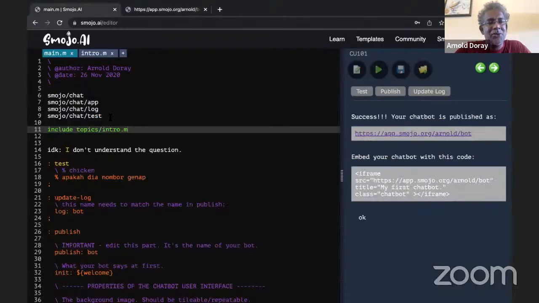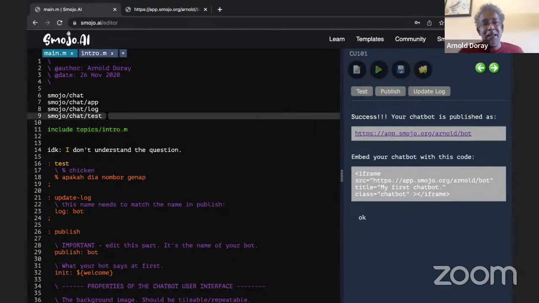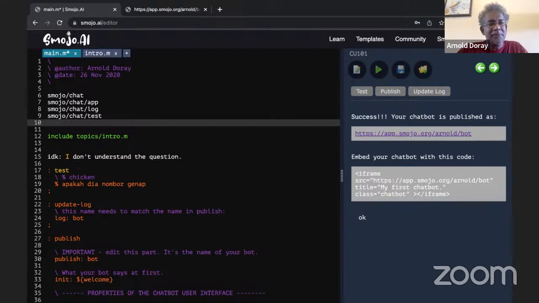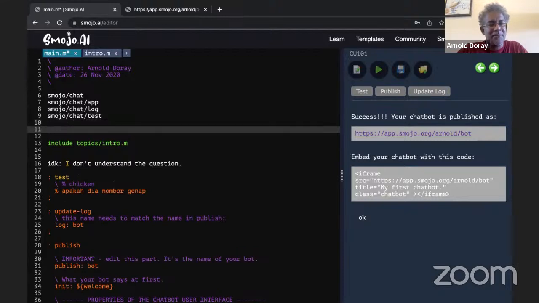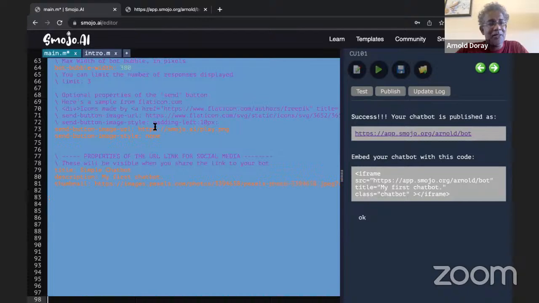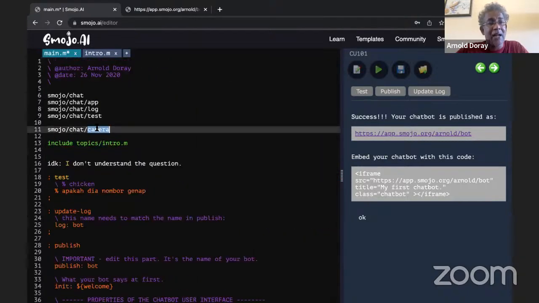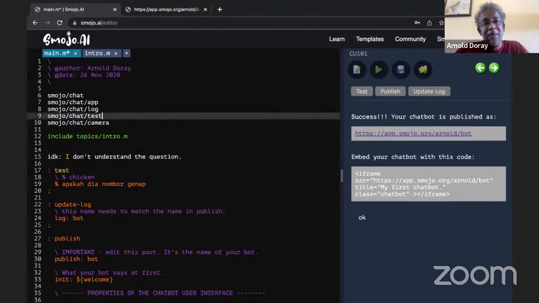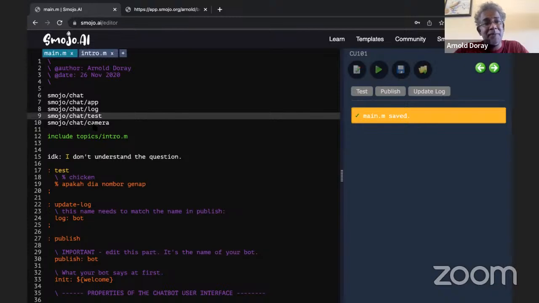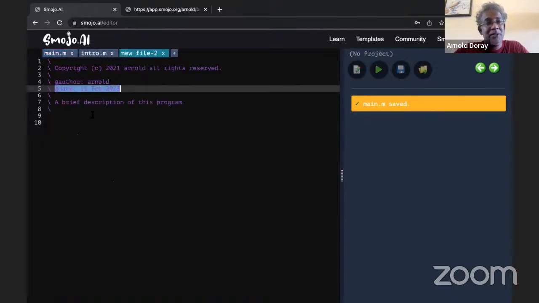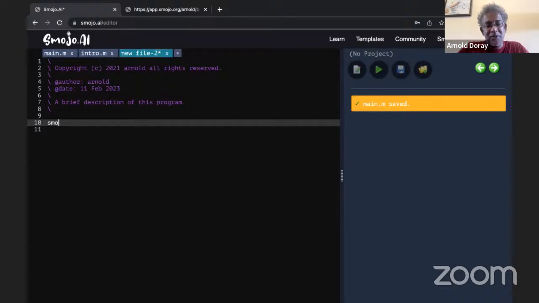Now I want to do the part where we're talking about the camera. Okay, so if you recall, the thing was Mojo chat camera. Even I myself, we wrote this a long time ago. I cannot remember what the words are available on this camera module. So last week we did the camera module, right? I just showed you how it works, right? So we want to look at the documentation for this. So it's mojo/doc